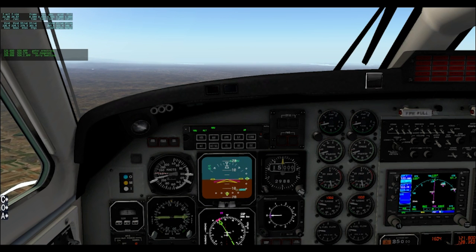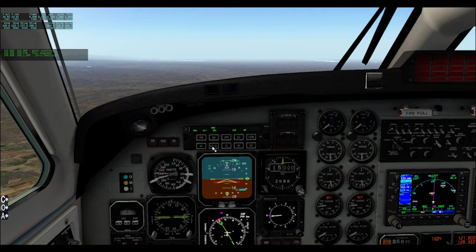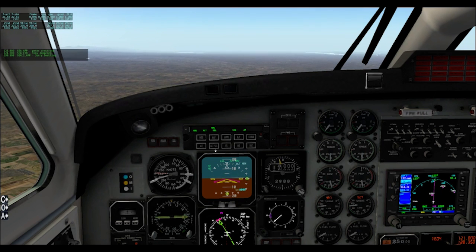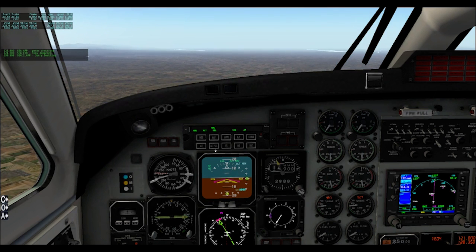Alright, there is 57 miles. I'm going to engage the indicated speed mode and altitude selection, and reduce my thrust here to start a shallow descent for the airport. We only have 10,000 feet to descend, so